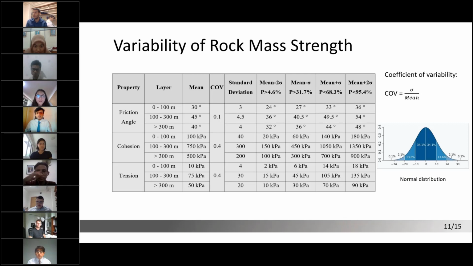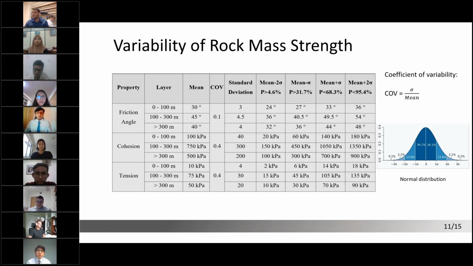The recommended design introduced by Ahmed was based on the mean value of rock mass strengths, but in reality, the rock might be weaker or stronger at different locations. To check the effect of variability of rock mass on the factor of safety, we did the sensitivity analysis. Based on the provided coefficient of variation and mean value and the formula located at the right side of the